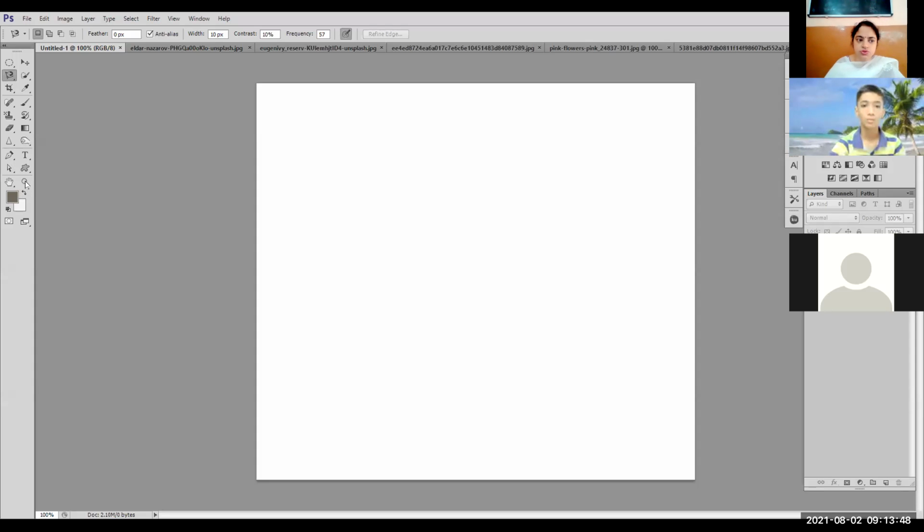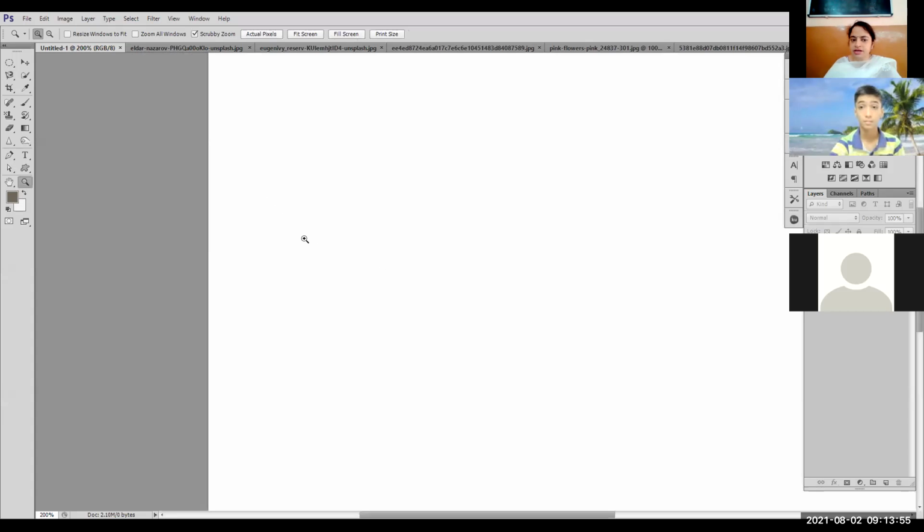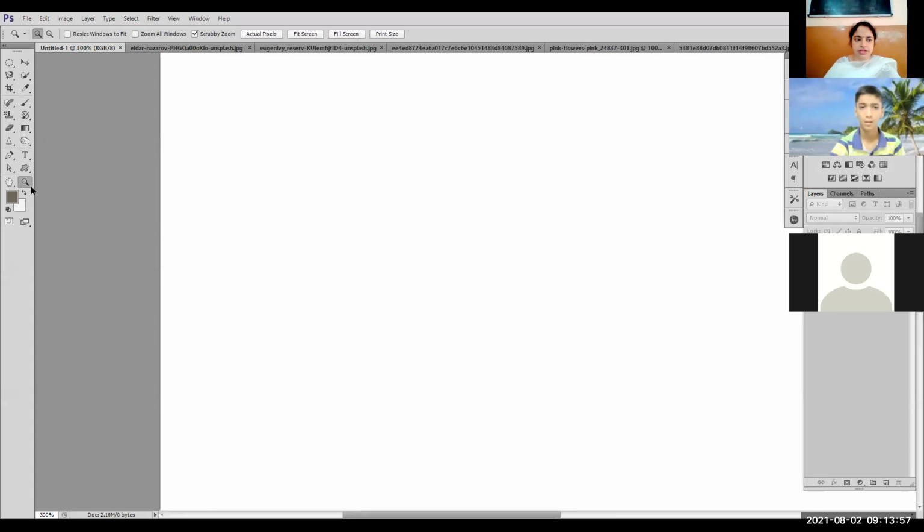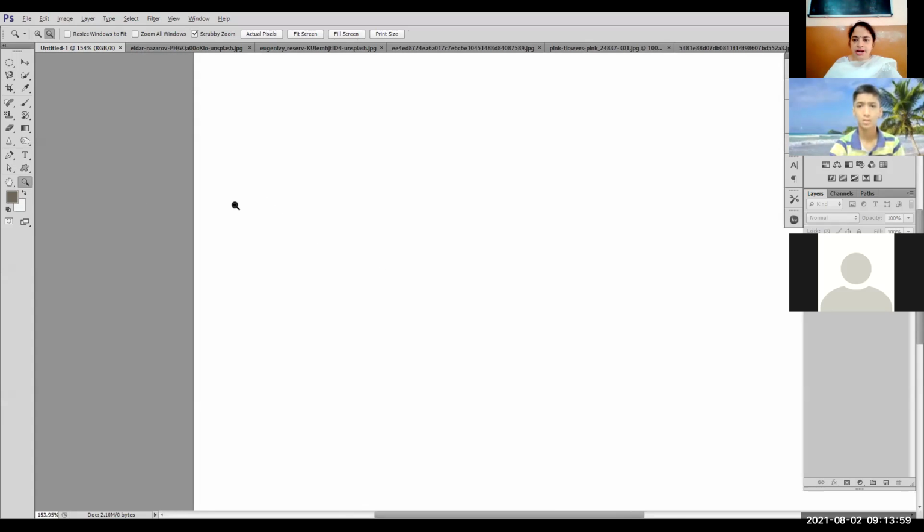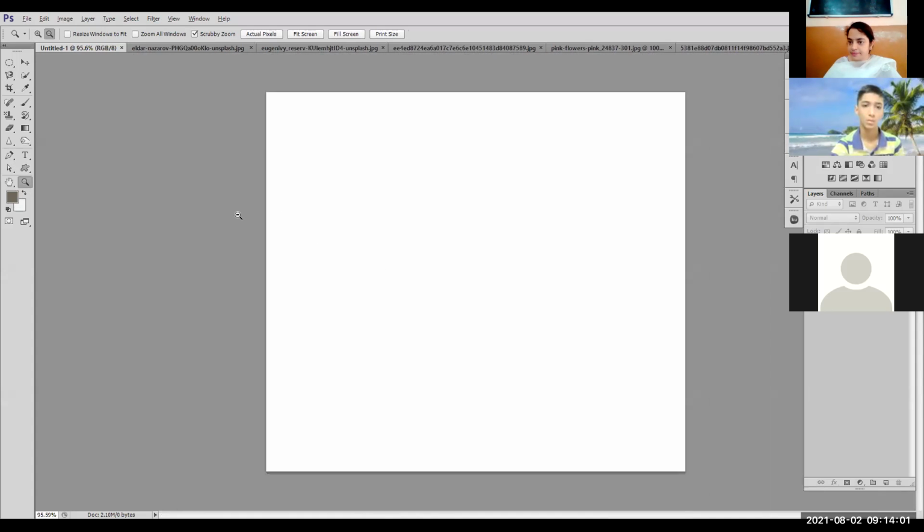Zoom tool can be used to zoom in the image like this and zoom out the image like this. And I can also use the shortcut key. Always remember the shortcut keys and note them down, because all the shortcut keys are not available in the book. They are not given in the book.